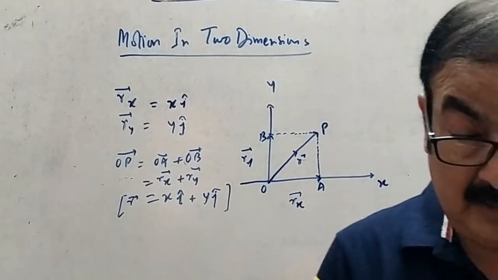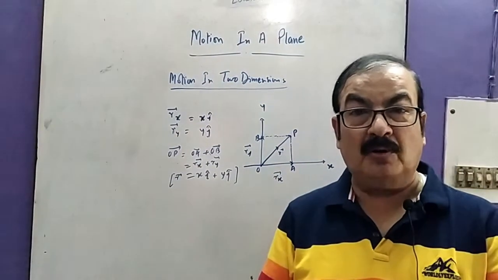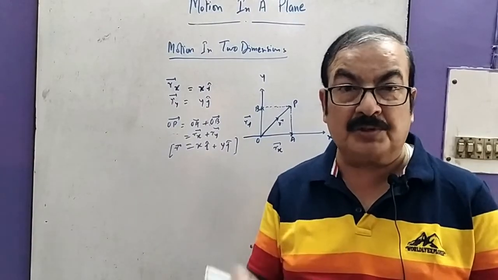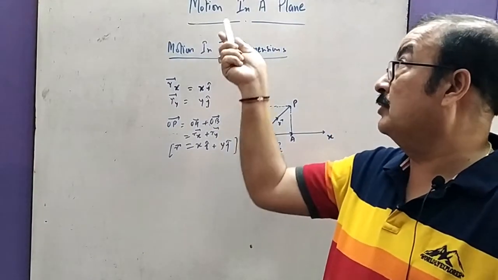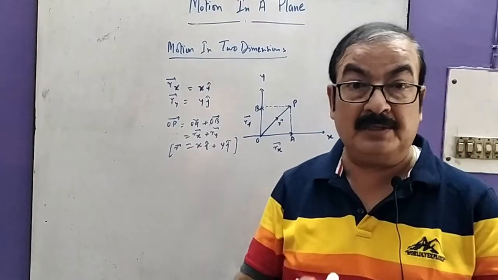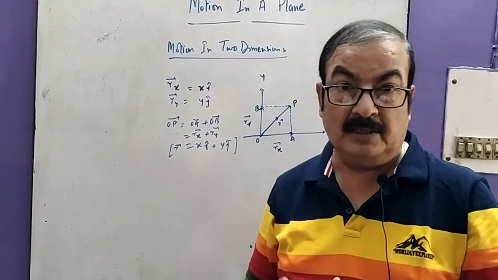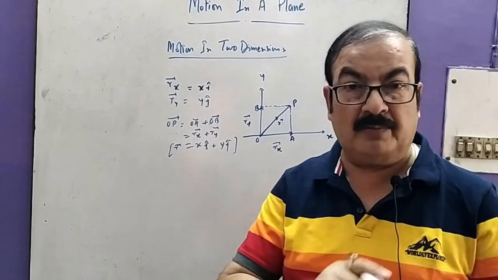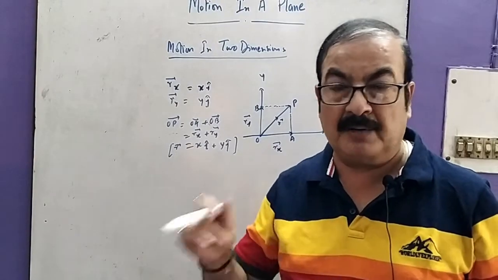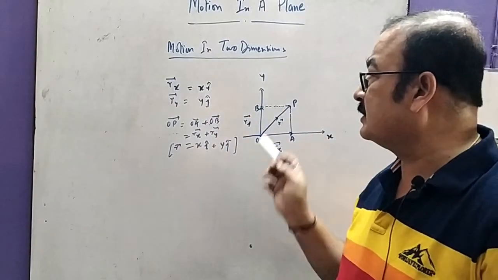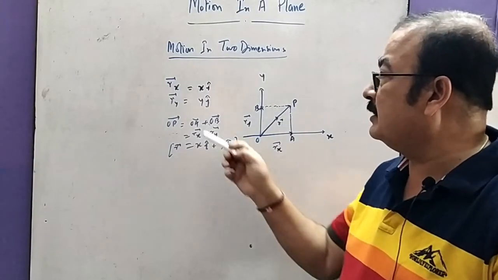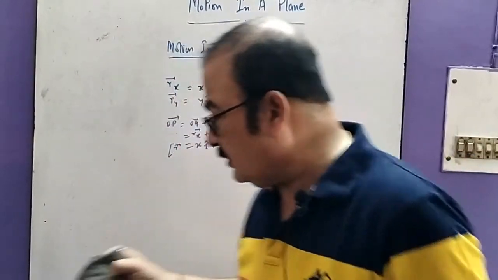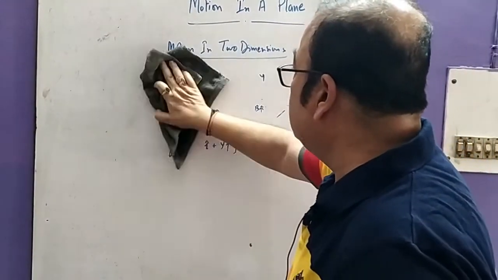Remember why we are discussing this: we have to familiarize ourselves with how exactly we handle motion in two dimensions, because the main topic of the chapter itself is motion in a plane. That means it has to be in a plane, a two-dimensional thing. We have physically discussed how we do the scalar product and vector product, because they are all parts of different types of motion. Here we have the initial stage of the position vector, how we get it in motion in two dimensions. Let us discuss relative motion in two dimensions.